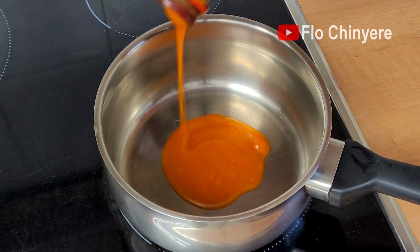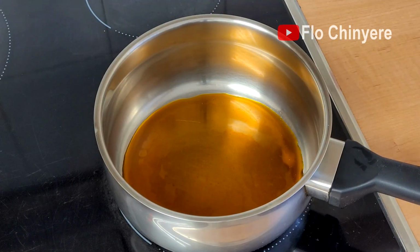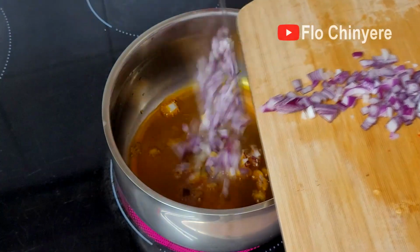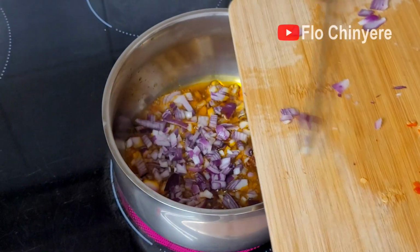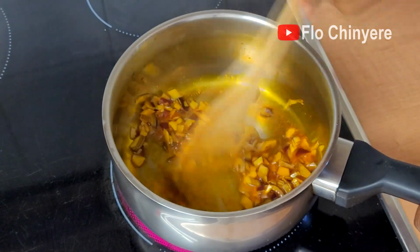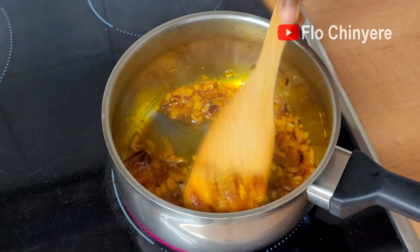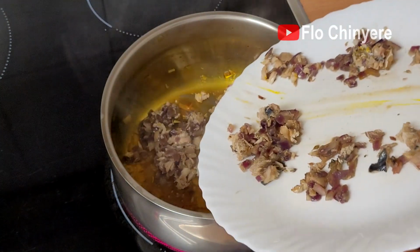Add some palm oil in a dry pot, a clean dry pot. Once it heats up, you add the onions. Let's test. This onions is too much, but yeah. Fry just for a bit. Once the onions is translucent, add the fish,